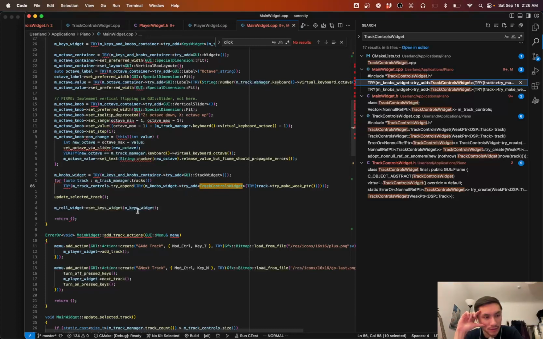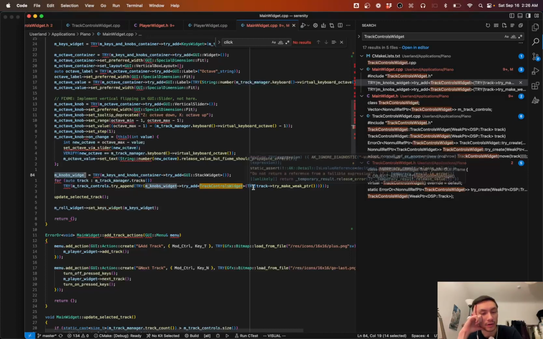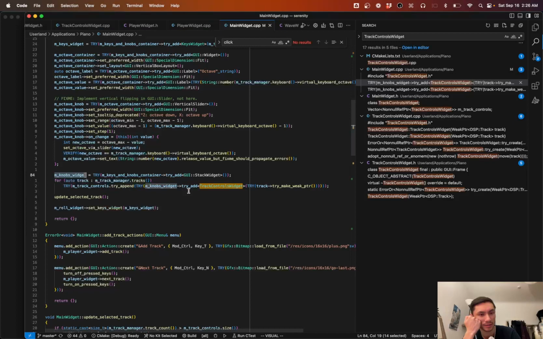Stack widget. Keys and knobs container. There's tries everywhere. Yeah, I think Andreas blogged about this, something with memory allocation. So it's a stack. That sounds relevant